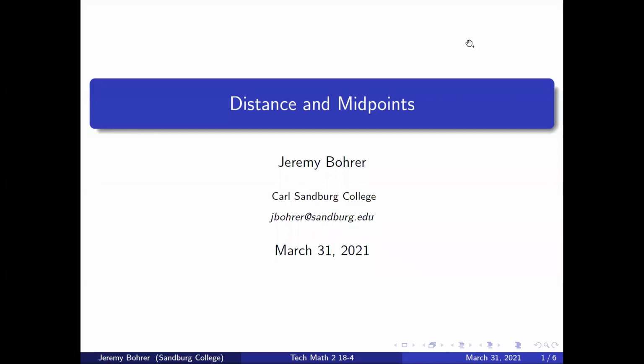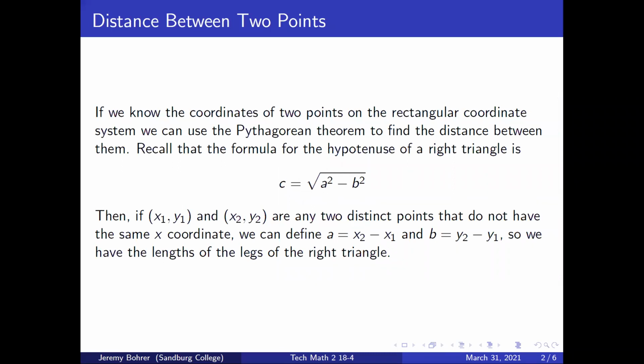In this video, we will discuss distance and midpoints. If we know the coordinates of 2 points on the rectangular coordinate system, we can use the Pythagorean theorem to find the distance between them. Recall that the formula for the hypotenuse of a right triangle is c equals the square root of a squared